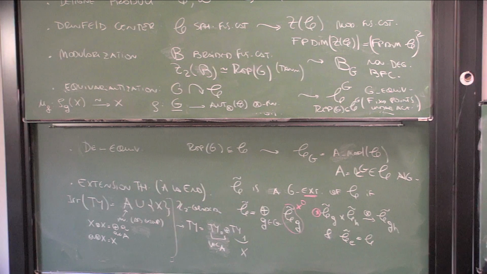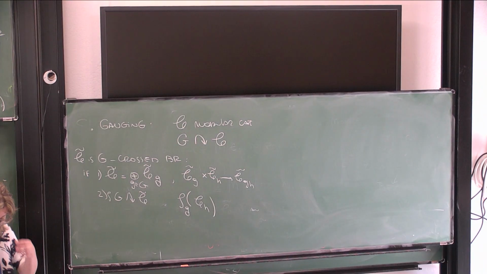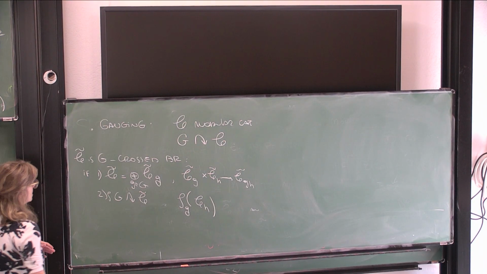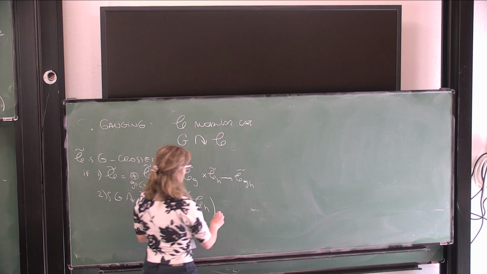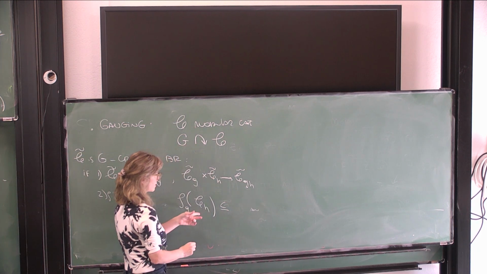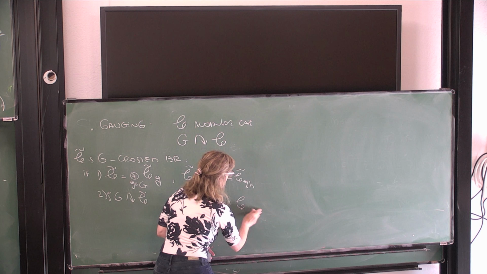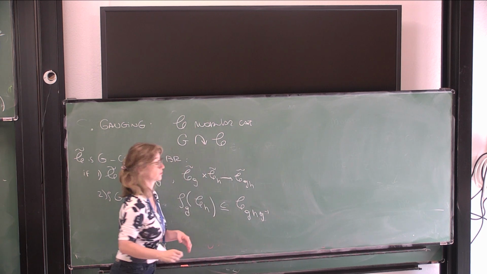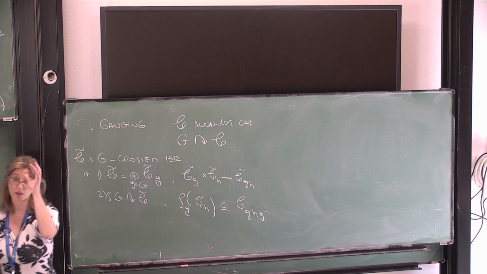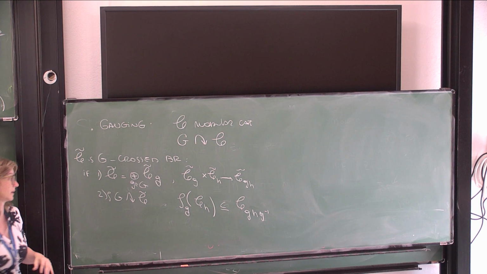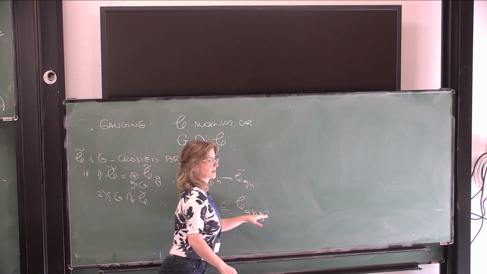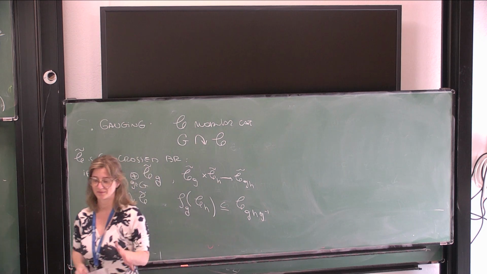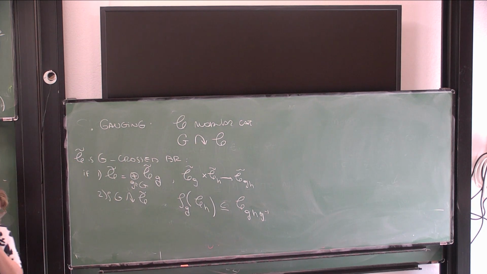And I might make a mistake here, hopefully not. So you want this to be coherent with the grading, so you will land in the conjugation of the component. Depending on whether your action is right or left, which could happen, you want the inverse in some different way. Hopefully, since I'm not saying which side, maybe it's okay.